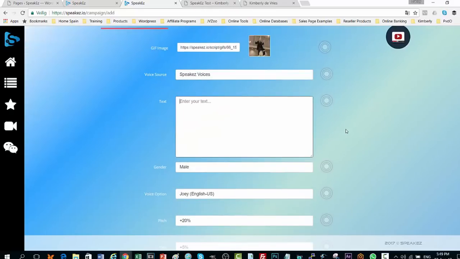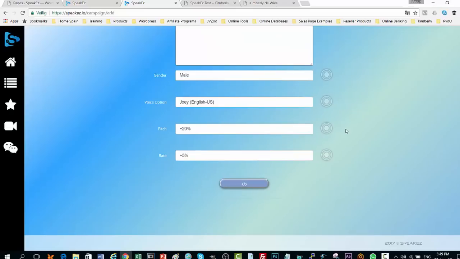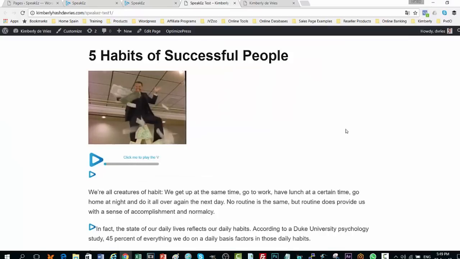We would just type the text in here of what we want to say. So for this one, we're just going to say, see how I got successful. And then we can select male or female voice on this. I'm just going to go ahead and select male, Joey, and the pitch rate's going to be, basically I'm going to leave it at default and the rate's going to be the same, and I'm going to go ahead and generate the code here. So this is the code that I'm going to take and put it on my website. So you just copy paste this code over here, and then that allows